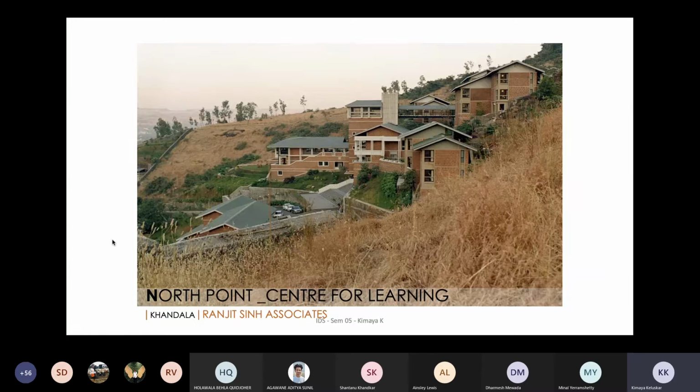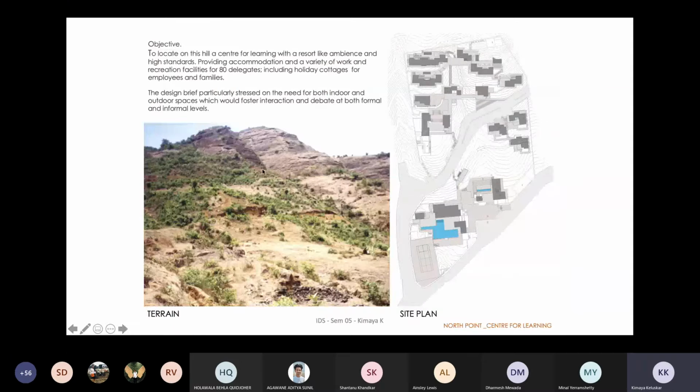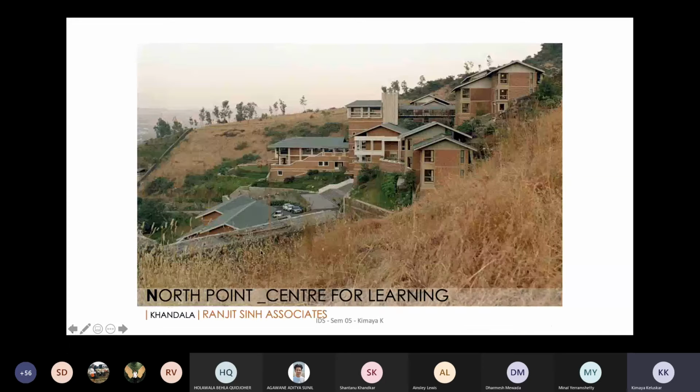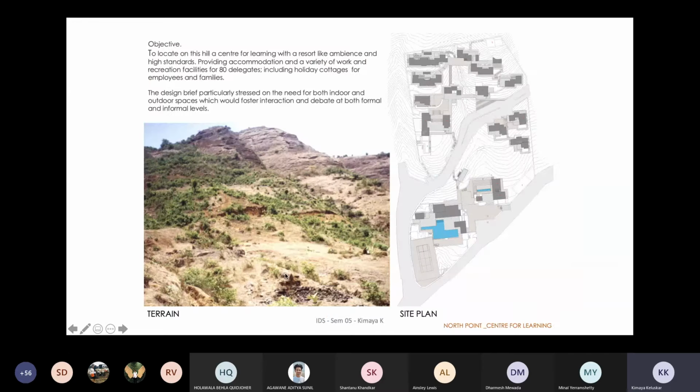I love this project for the reason that it is basically done on a hill. So that is the site terrain which was existing. Okay, and this is how it looks when the site has been developed. The architects have been very sensitive towards how much cutting and filling they are doing, what kind of buildings you design and how much you're intervening with the greenfield site. So this is a completely greenfield site, untouched. And then how do you make sure your environmental impacts are lesser?